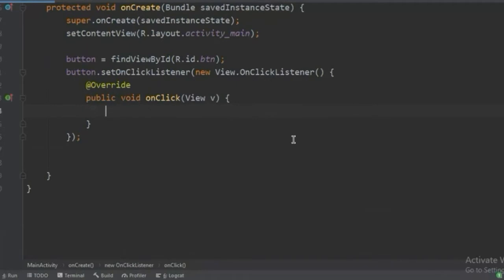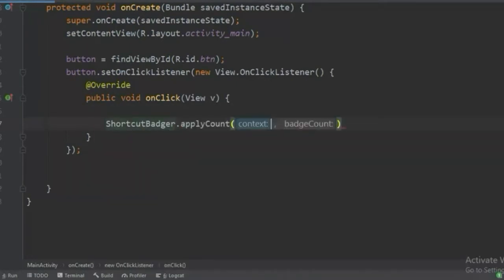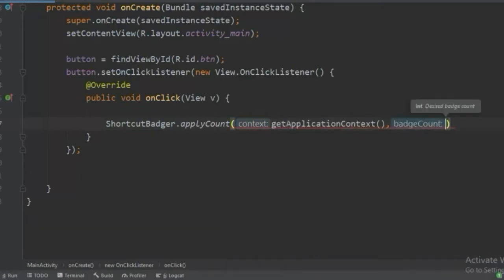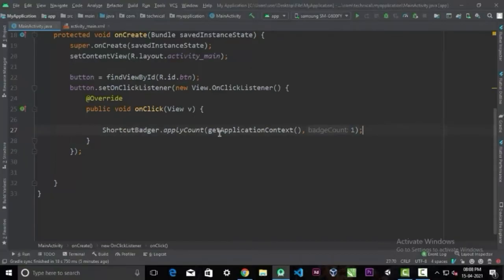Inside this onClick method, we will write ShortcutBadger.applyCount, and the first parameter that it will take is our application context, and the second one is our badge count number that we want to show to the user. That's it. That's all we have to do to show the badge count on our app.